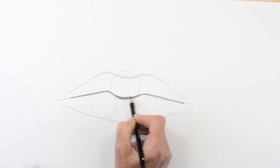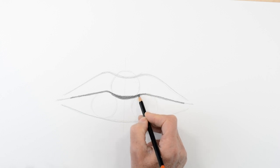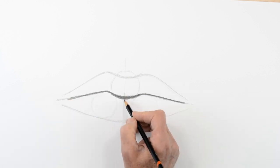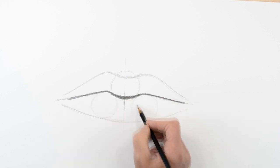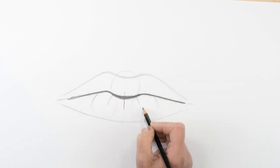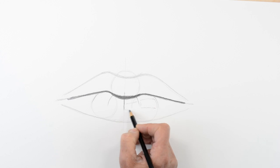I'm just going to make this area in here just a little darker, just to suggest where the top lip might be. So I'm pressing on there quite hard. Now we'll assume we've got a little bit of shadow on the bottom lip, so I'm just going to take a straight line from here and then take a few very, very gentle little curves radiating out this way. And in between there I'm just going to draw little rectangular shapes, very much following the shape of the